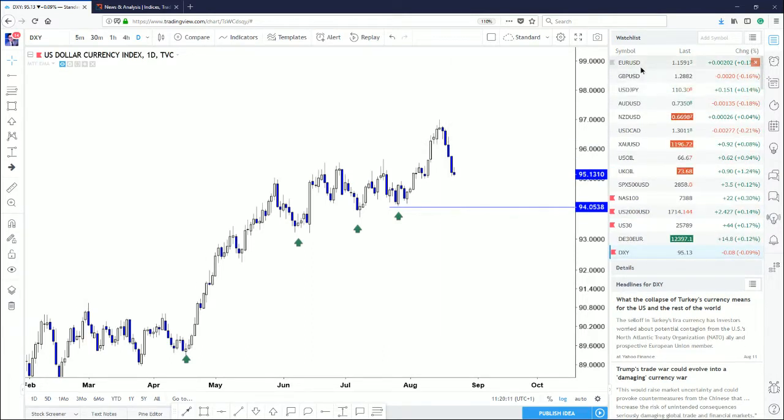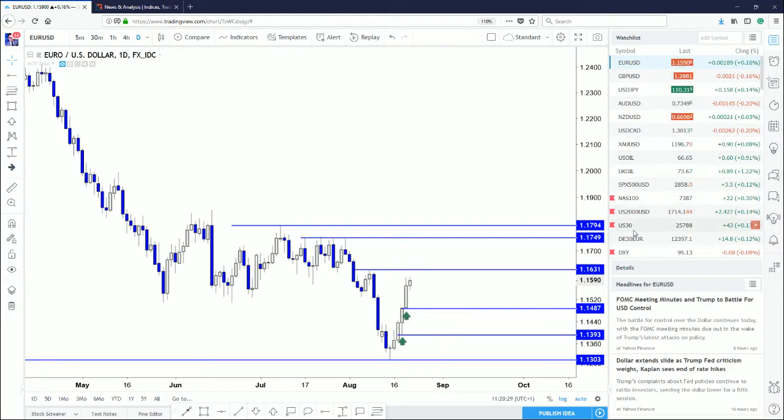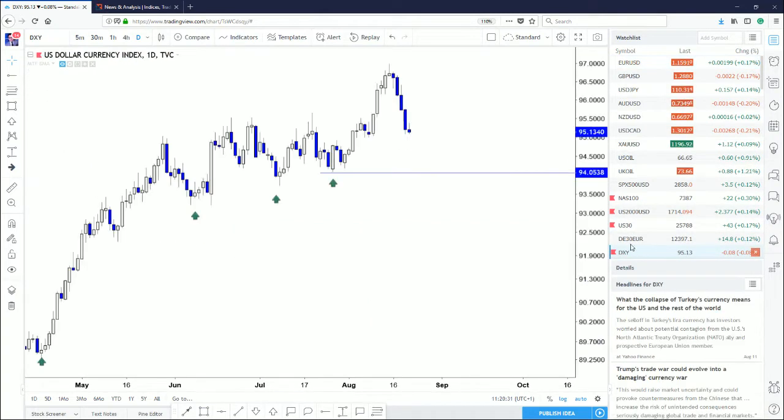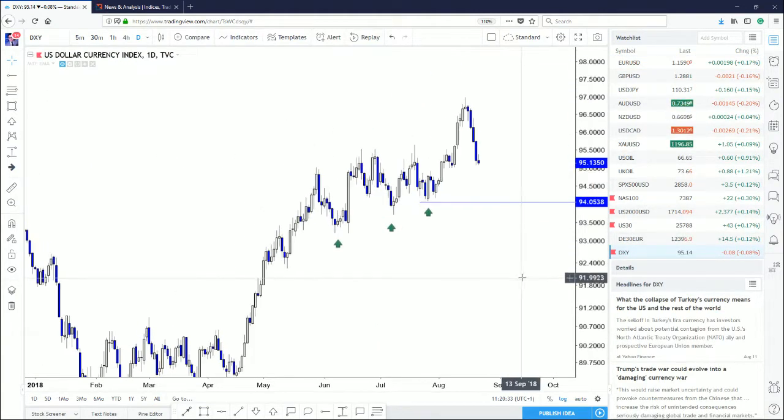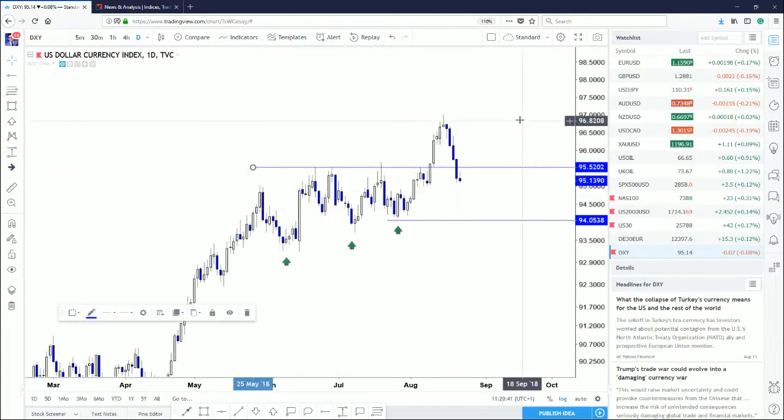It's the same thing with the euro, which had that break we talked about. So I was short and with an average entry of 1470, and then the market moved all the way back down here. And when the market looked like it was going to head to the upside here, I decided to book profits. Now let's just stick with the dollar index, and the dollar index is unfortunately correcting much more than I was hoping for. We're technically back into the prior range, which is never good.